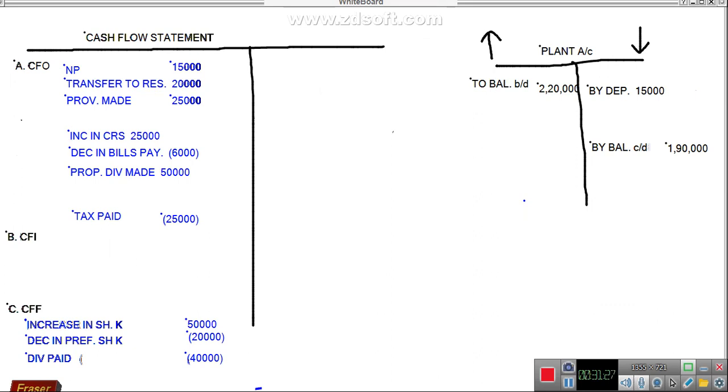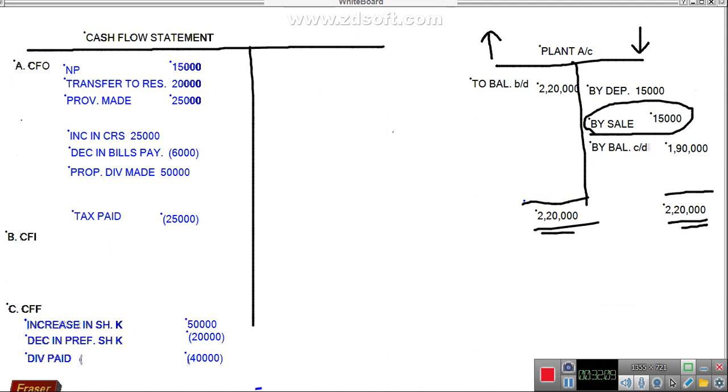Now let us balance it. Debit side balance is 2,20,000. On the credit side, you have to match it with the highest figure from the debit or the credit side. So it is again 2,20,000. Now see, the balancing figure lies on the credit side, and this balancing figure is 15,000. If you get the balancing figure on the debit side, consider it as a purchase. It is on the credit side, so we consider it as a sale. You can write by bank, but I am writing sale just to make you understand the concept.